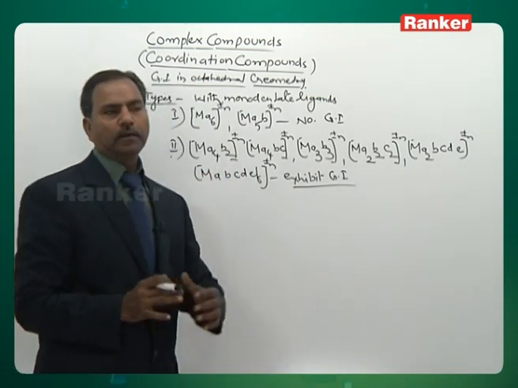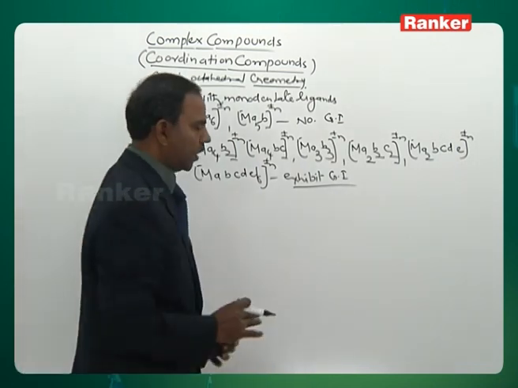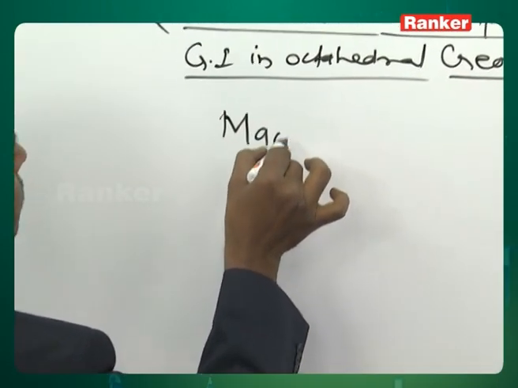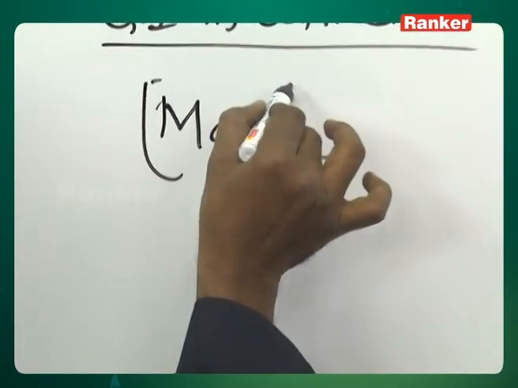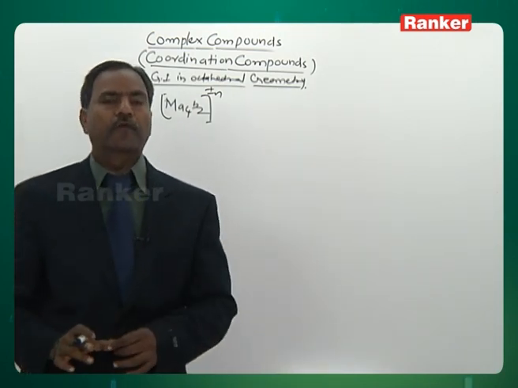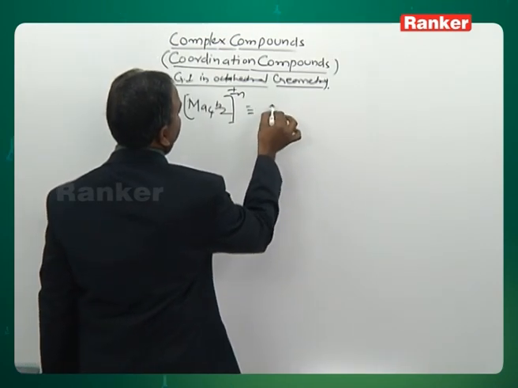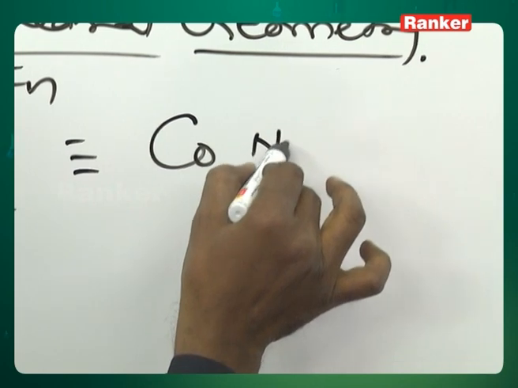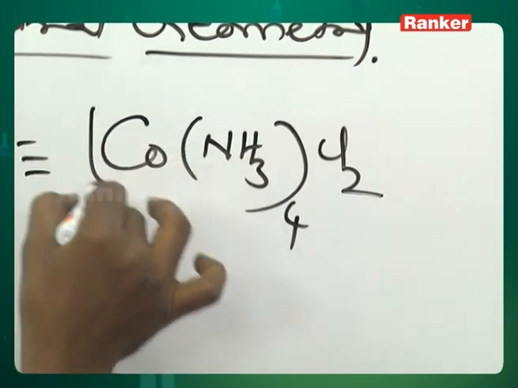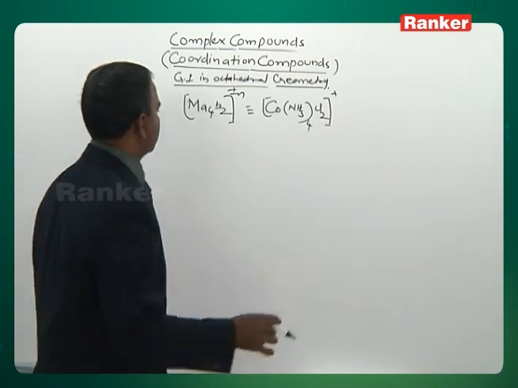We will take the real complex. We will discuss how they are exhibiting geometrical isomerism. Take the first one, MA4B2 plus or minus n. See, 4 ligands are of one type, 2 ligands are of the other type. So, this we can write, say one complex, whatever you know, take CO taken 4 times, Cl2, MA4B2 plus. You can write cis and trans, look at the board,